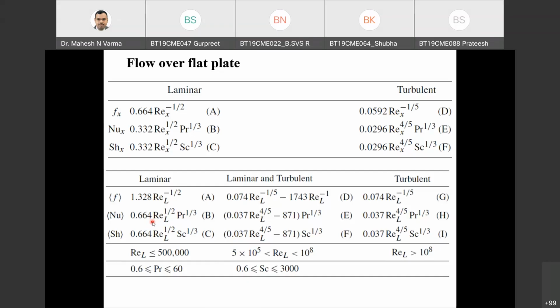Say flow through pipe with corrugation, higher Reynolds number, range of Prandtl number, range of Schmidt number. So certainly you need to go in literature and get the appropriate engineering correlation which will fit to your requirement, and then use that correlation. I will say that there can be thousands of engineering correlations available, and certainly you can get the engineering correlation of your requirement. If you are not getting, then there is no other way than doing the experiment yourself,